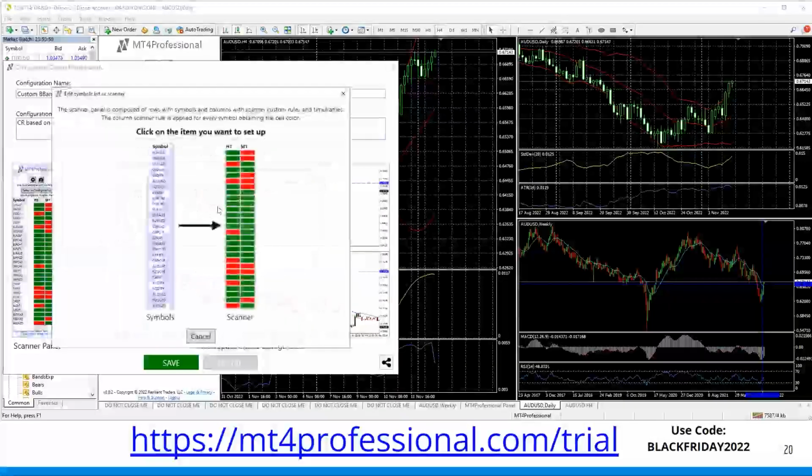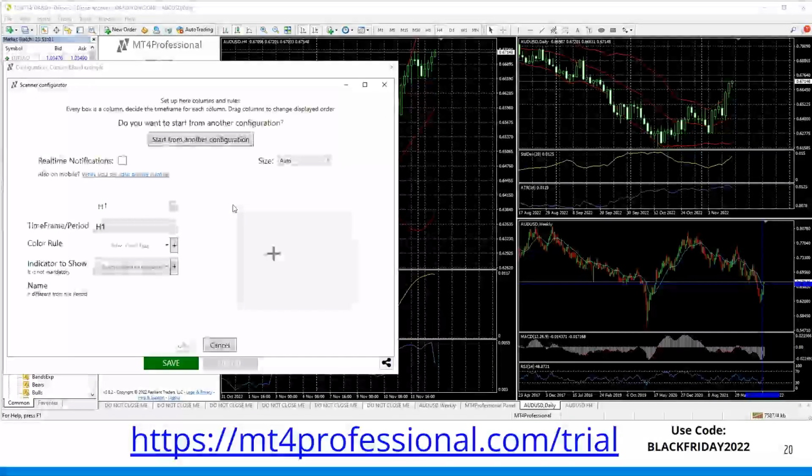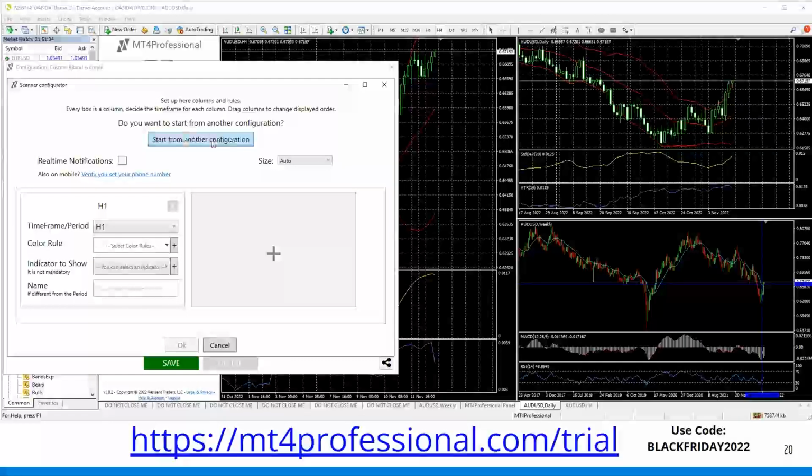And on the scanner, I'm going to build this scanner from scratch. So I don't want to start from another configuration, although I can. If I have something else I've already put together, one click, I can just pull directly from what I've already done, like a template, and just use it. So that's nice. So here I've got a 15-minute